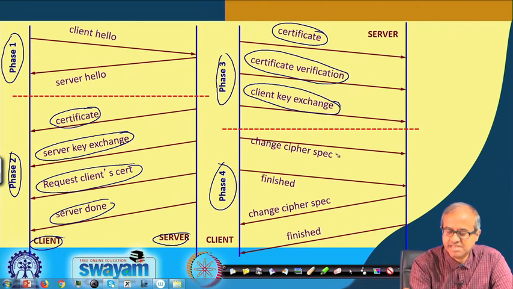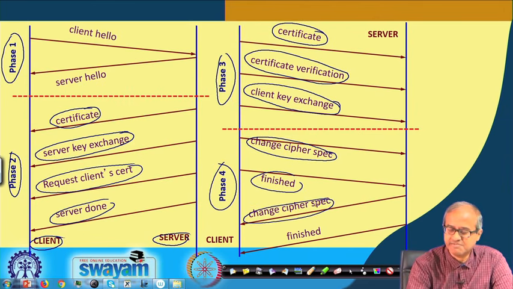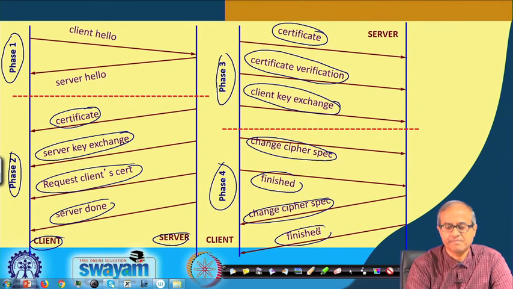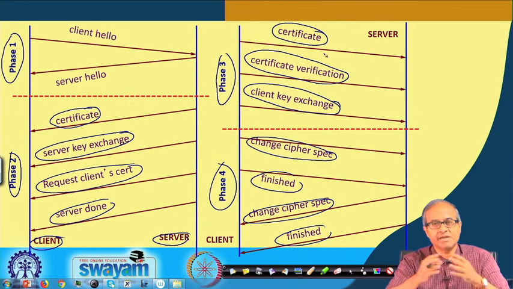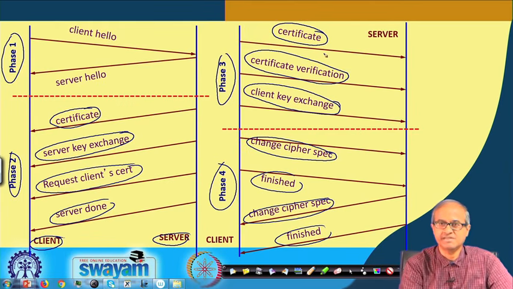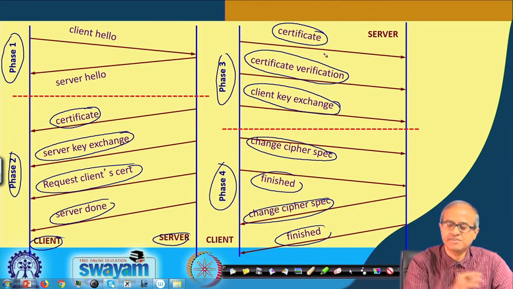Now, change cipher spec, this was sent, then finished. On the other side similarly change cipher spec and finished. Now, here I am showing the minimum amount of messages, but there can be more messages, there can be more means algorithms and information to be sent and received. They are all done during phase 2 and phase 3,